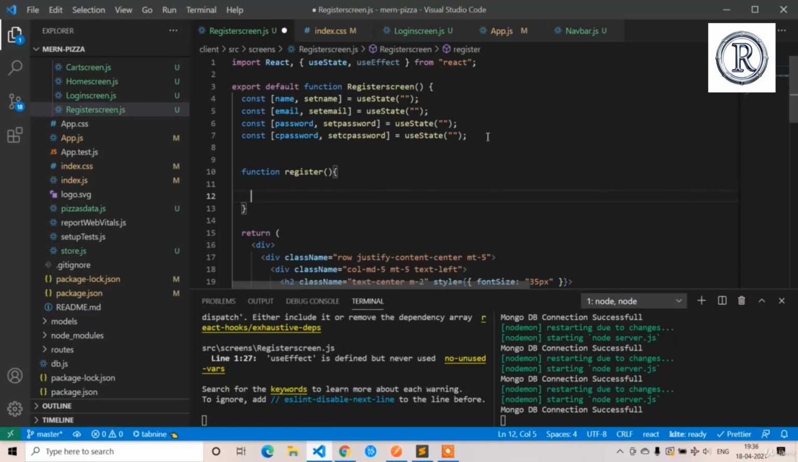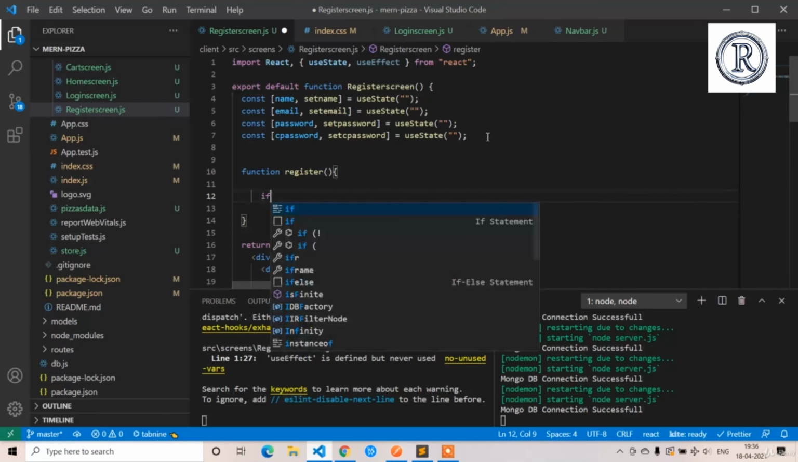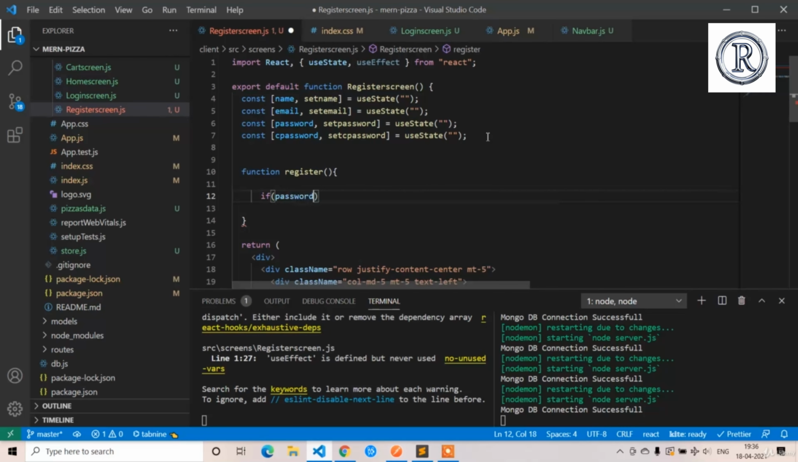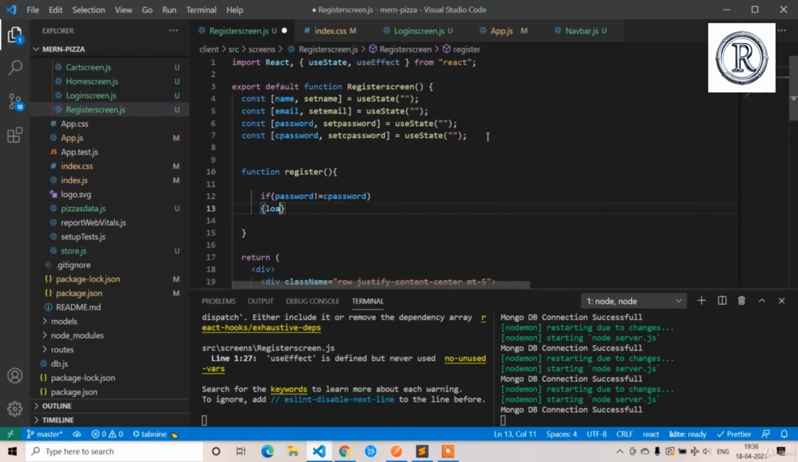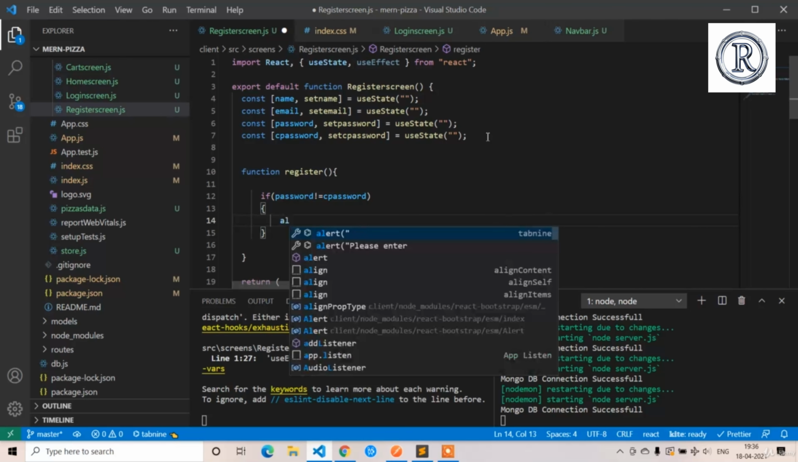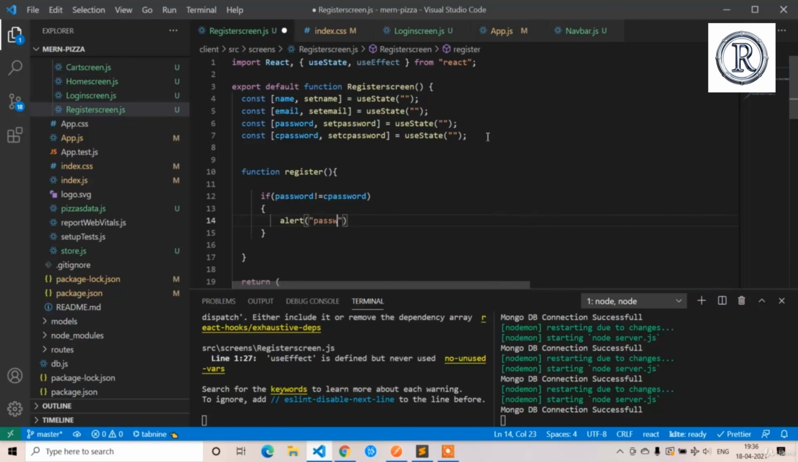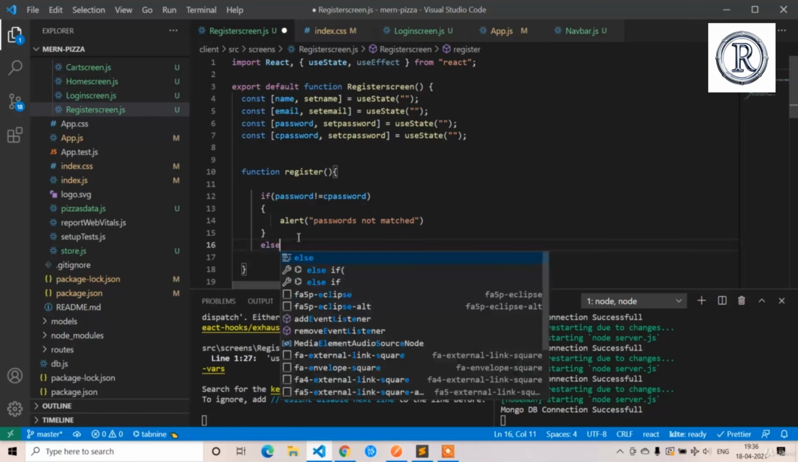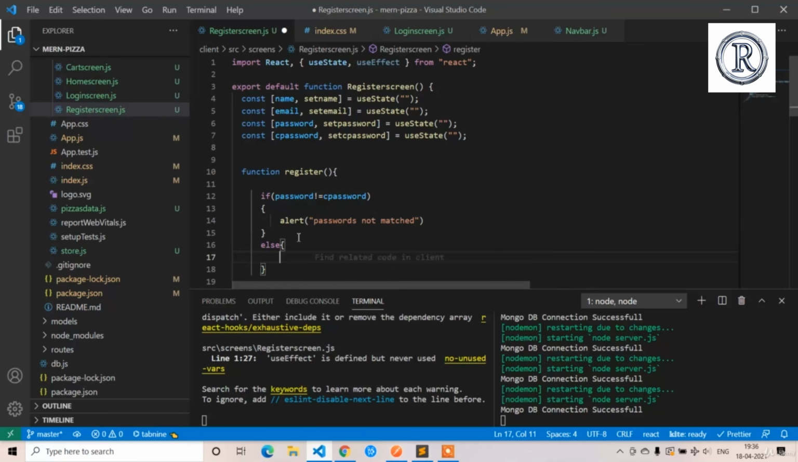So here first we have to check if the passwords are matched. If password is not equal to cpassword, then we have to alert "passwords not matched". Else I am going to create the object of the user, const user